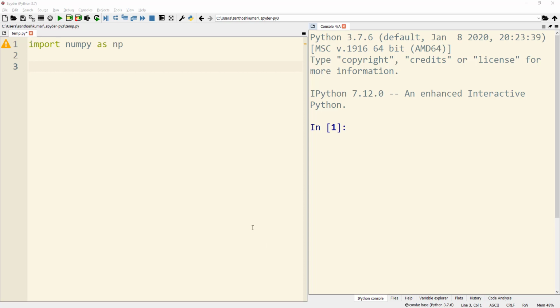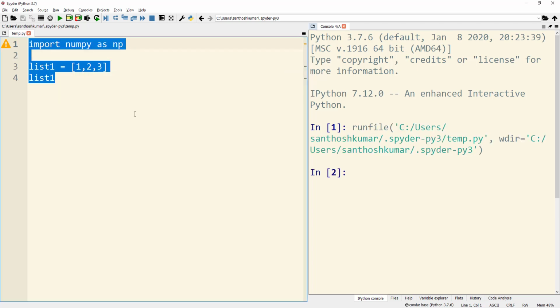In the first line, I have imported NumPy as np and I just wanted to show how to declare and use NumPy and how it is different from a list. When I want to declare a list, I can just give it a name and then assign a value to it. So here I am assigning a list with value 1, 2, 3 and I am just printing the value of the list.